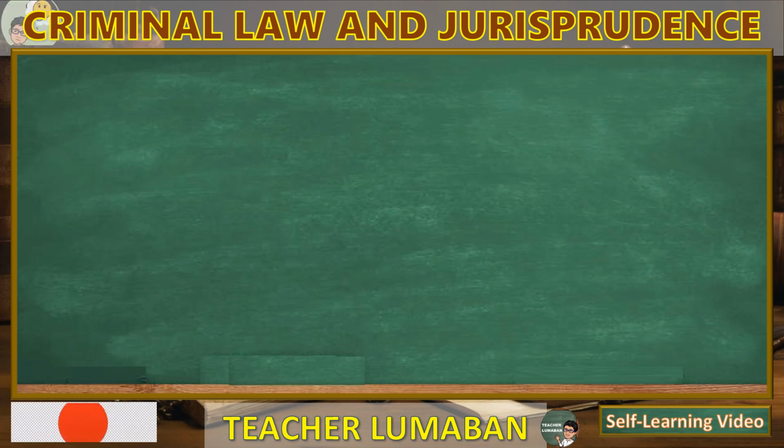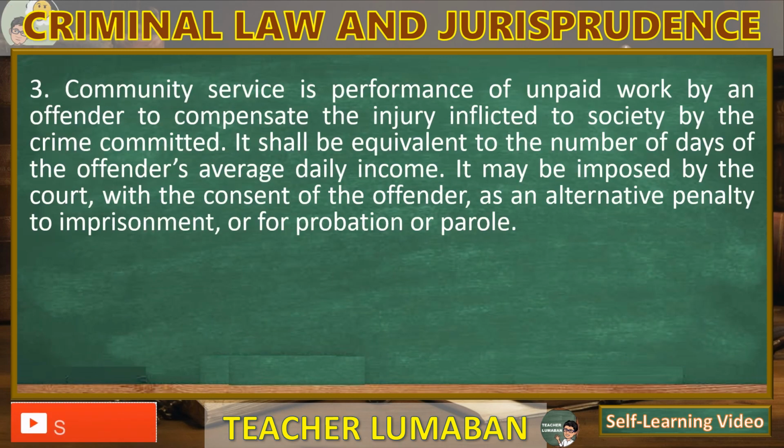3. Community service is performance of unpaid work by an offender to compensate the injury inflicted to society by the crime committed. It shall be equivalent to the number of days of the offender's average daily income. It may be imposed by the court with the consent of the offender as an alternative penalty to imprisonment or